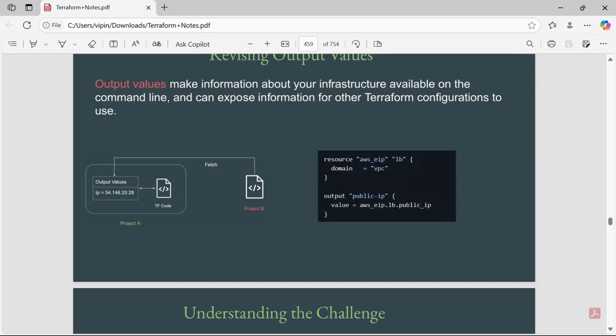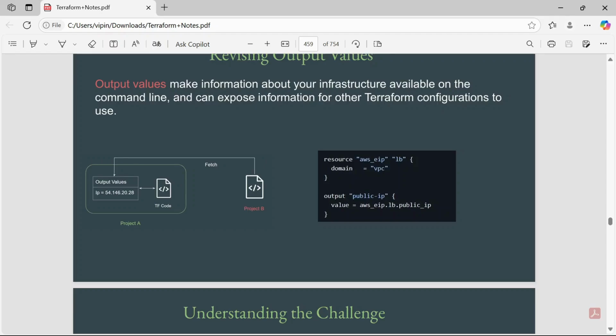If you did not define the output value, this IP will not be associated and not used by project B. Here we have taken an example resource. We are going to create one elastic IP with domain VPC, and we are declaring the output value here, output public IP, and we are attaching this to an EC2 instance.